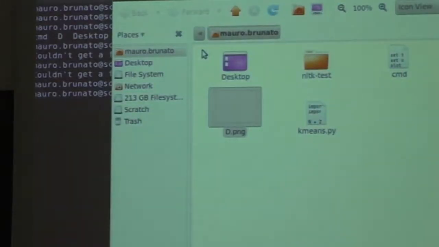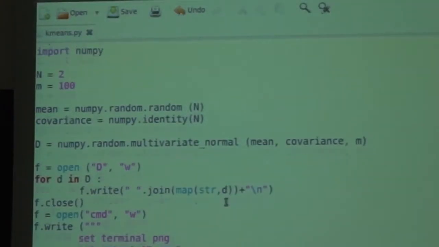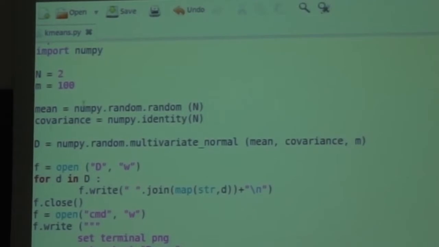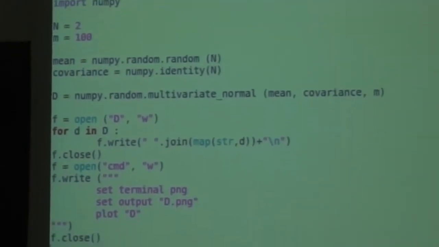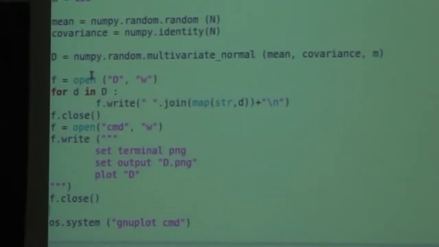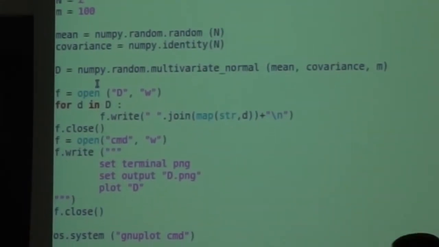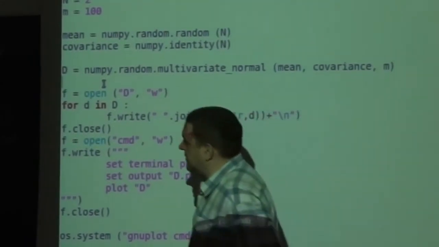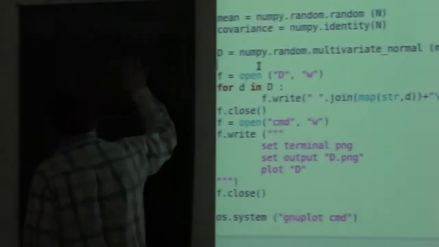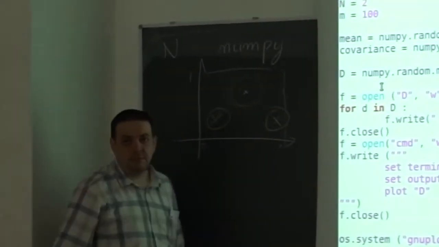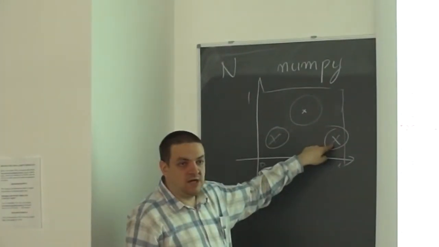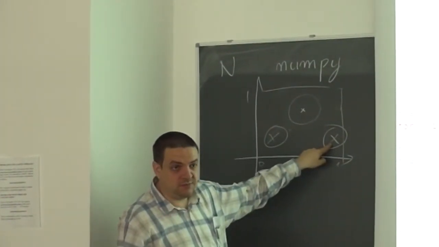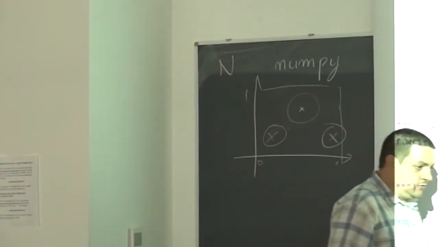Okay, so here we have a way of generating points and a way to plot them. Now, we actually want to generate more than one cloud of points with different means. To do this,